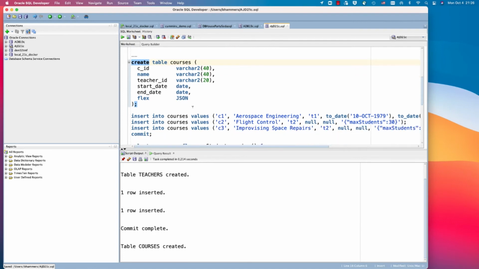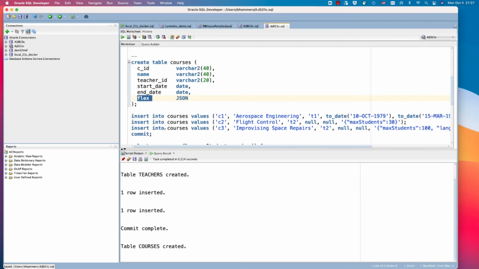And the purpose here is to use this as a flex field. So imagine you have a table, but you want to be able to add additional attributes as you go. So instead of adding like 20 flex fields, let's say 10 strings and 10 numbers, we use JSON here now for this flex field. And what I'm inserting here now is some courses.